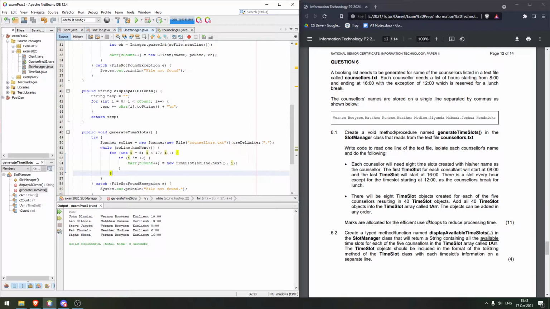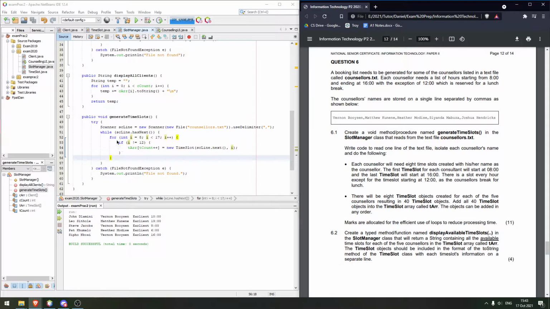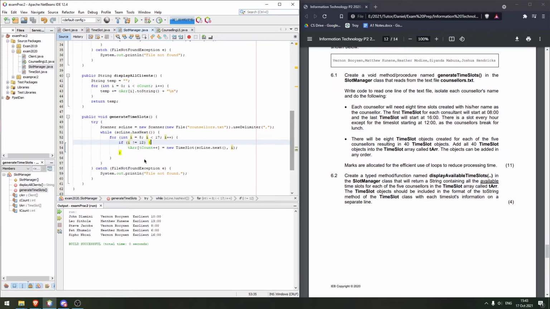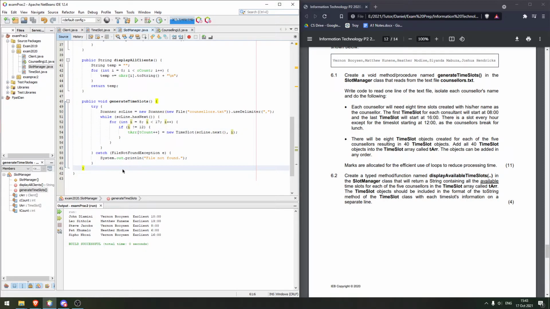So I think this is marks allocated for efficient use of loops. And having a look at these loops, we have one while loop and one for loop. So it seems as though the efficiency is good enough. Now we need to create a type method named display available time slots in the slot manager class, and it will return a string containing all the available time slots. Okay, so